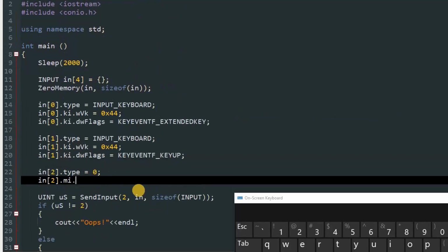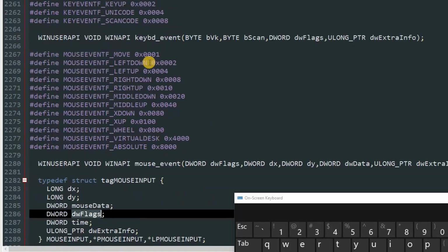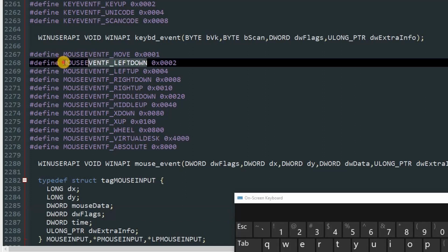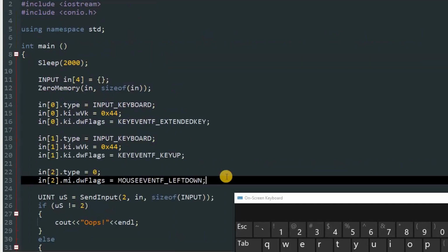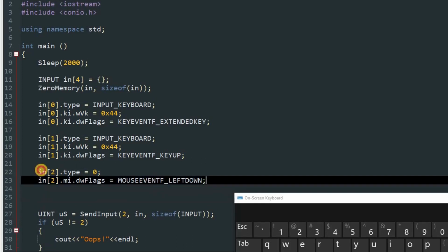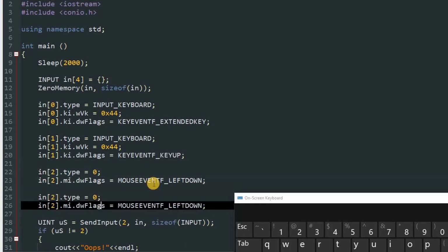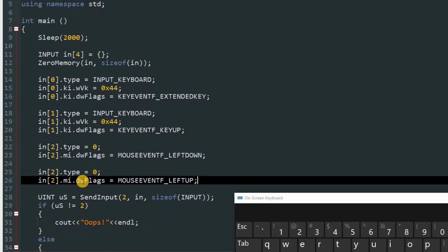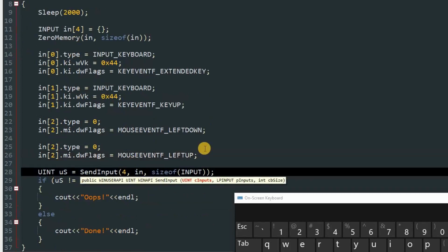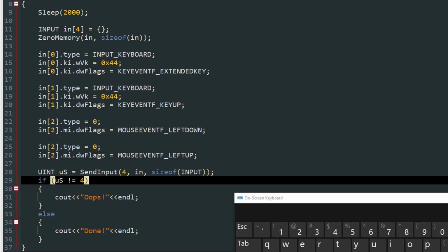So Control C and then paste it over here, and then set equal to the values which are available over here. So left down for clicking once, and that will hold the key down, so we have to use left up to release the key. Now you can paste it over there and just copy this again and change this to left up. Now that will click once, but there's no way for me to show that it clicked once, so we will change this to 4 pretty quickly, and I will keep the mouse over here so you can see when the Notepad defocuses.